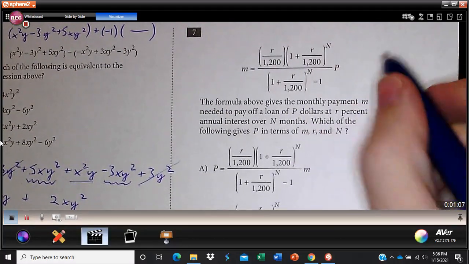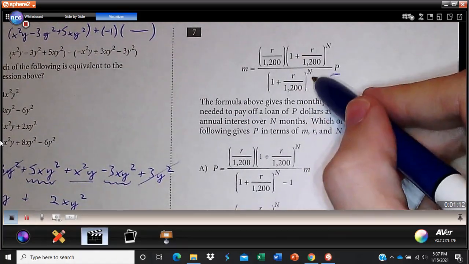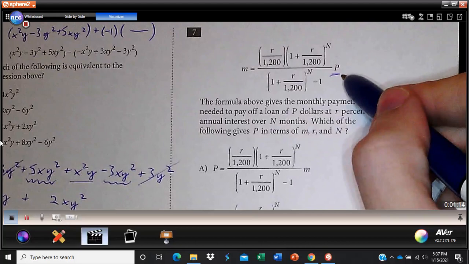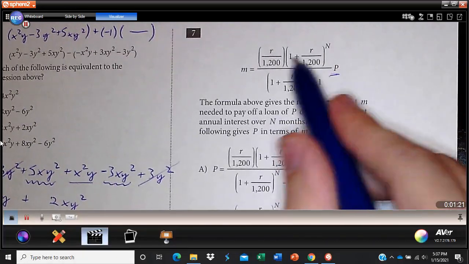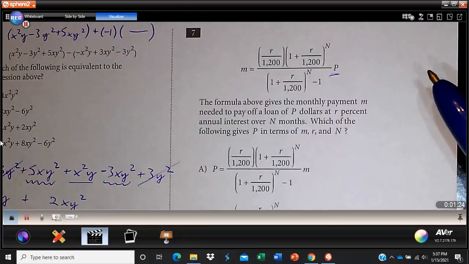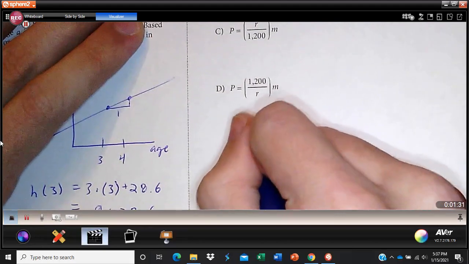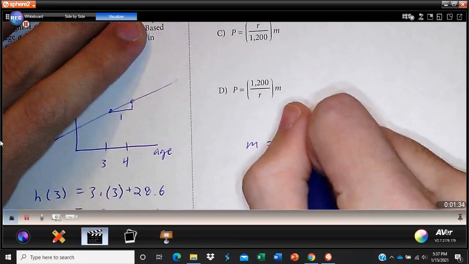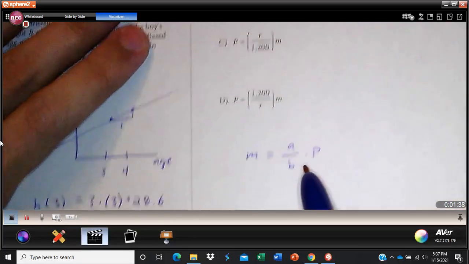And the only place that I see p is here at the end. So it's something, some massive calculation times p. So if we just look at it that way, anything times something, the opposite is to divide by that thing. So that's how we're going to proceed through this. So let me start that out. So just to simplify this, I'm going to rewrite this as a over b times p. So if we just simplified it to that, where a is the top part and b is the bottom part,